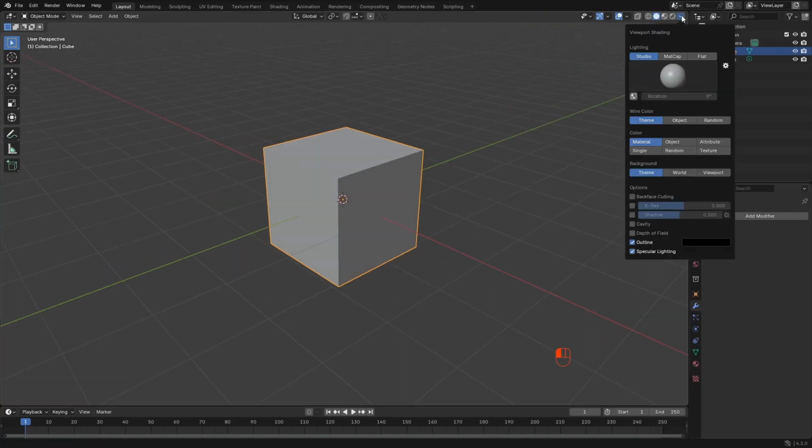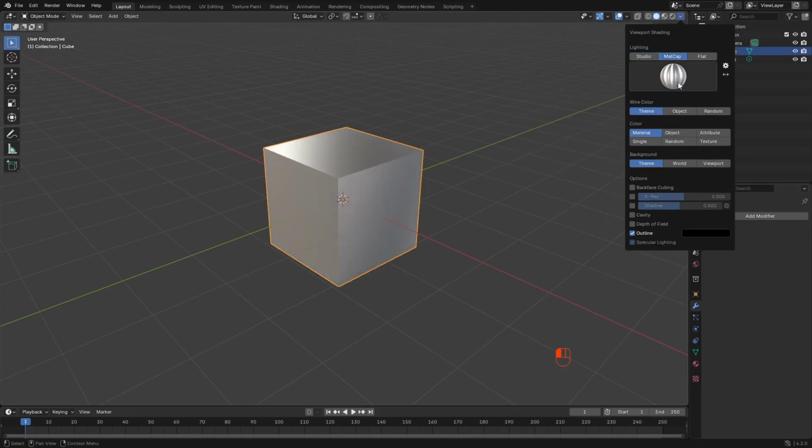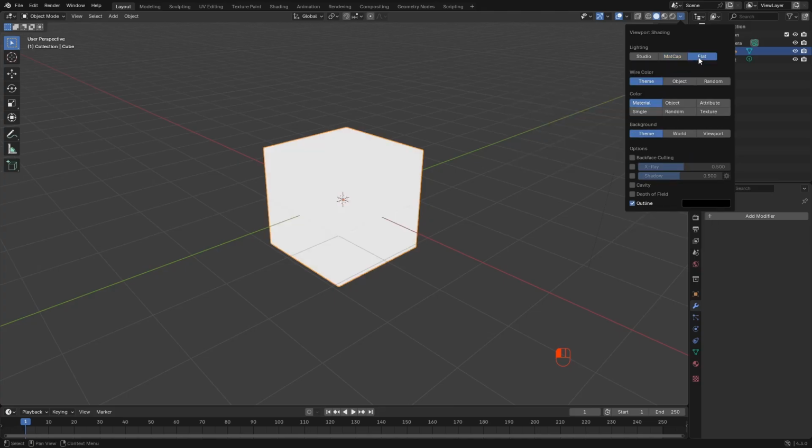Let's go to the viewport shading. I like to use flat, but let's demonstrate these. You can choose different presets, or we can go to matcap and choose each of these. But I like to go to the flat, and here we have the wires, which